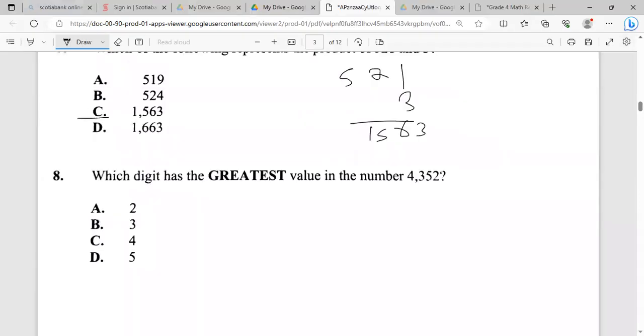Which digit has the greatest value in 4,000? All right, that would be 4, which is the value of 4,000, right? Next one I have 300. Next one I have 50. So far, nice questions. Number 9 says,